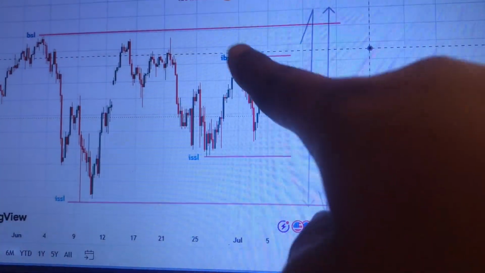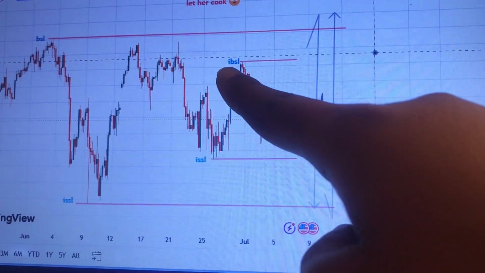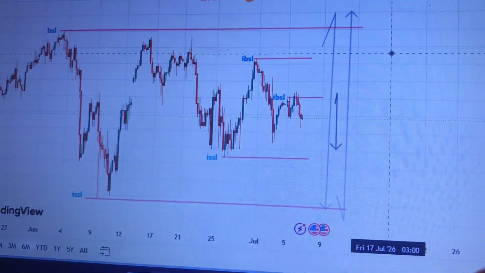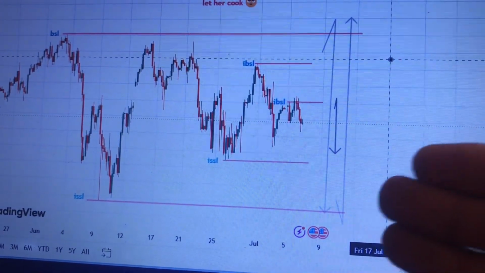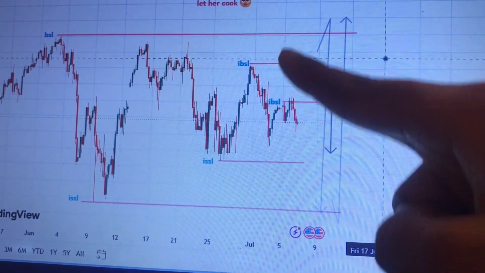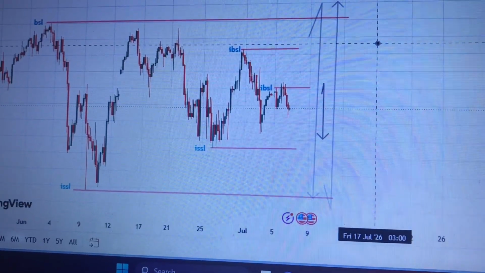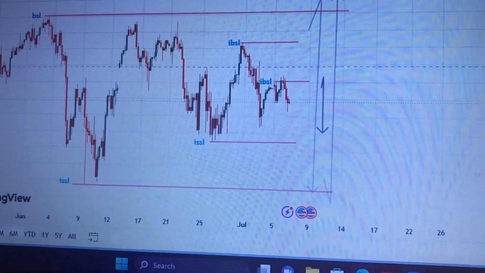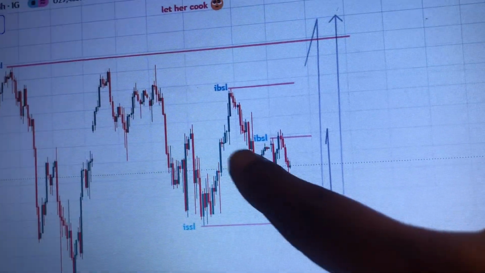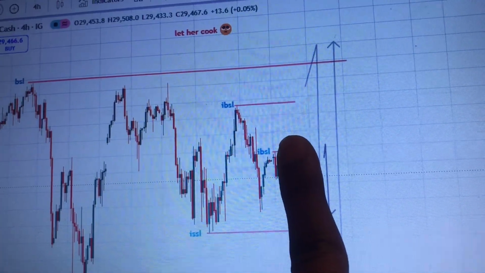So now, even here, you can see that orders were never filled. Still, if you see price approaching internal buy side liquidity, you're not going to want to buy. You're going to want to look for sells, right? Another thing, it's determined by what kind of candlestick broke your internal buy side liquidity. Like, how did it close? Did it close above or did it close below? And in this case, if we look at this internal buy side liquidity, when I analyzed the charts,